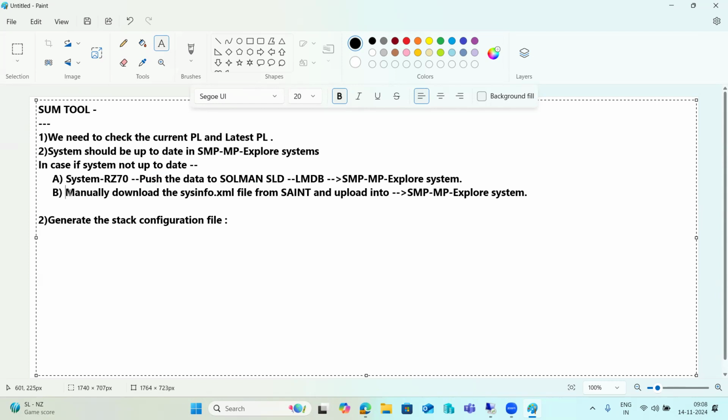Then manually we have to download the sysinfo.xml file from the SAINT, then upload it into the Service Marketplace, Maintenance Planner systems here, right? So this is the thing we have to do here, right? So the main step is like